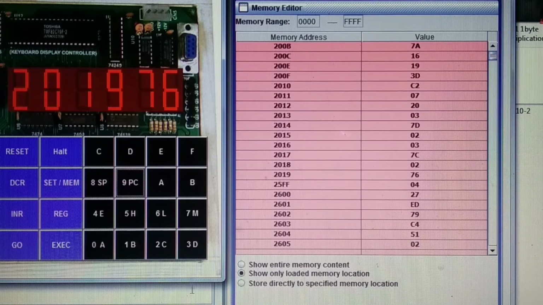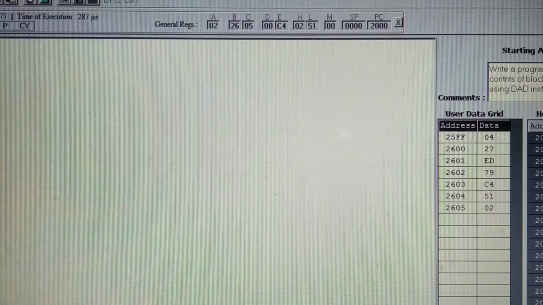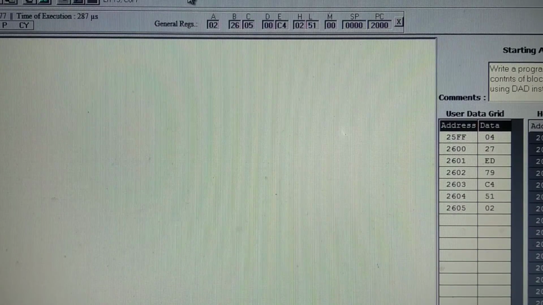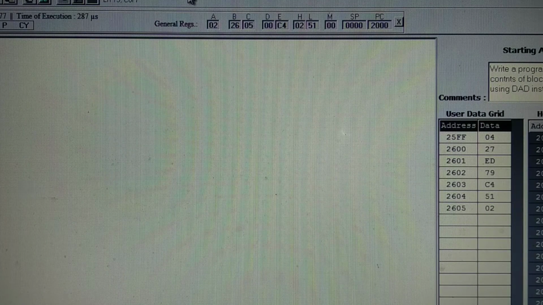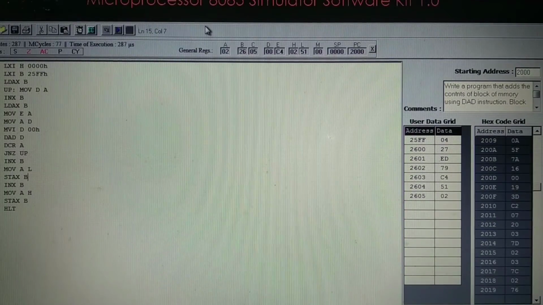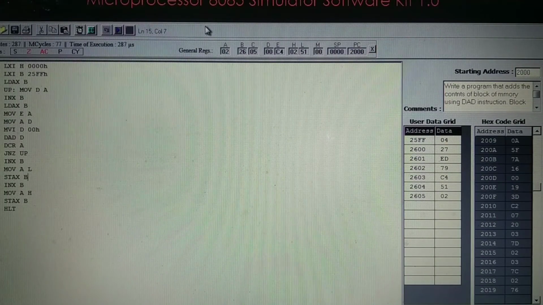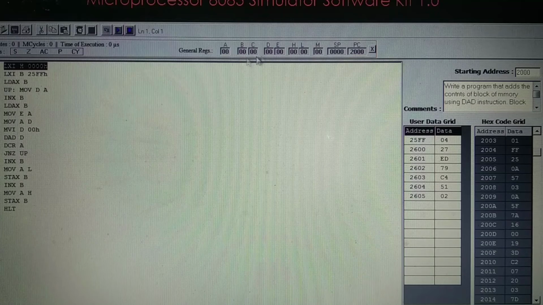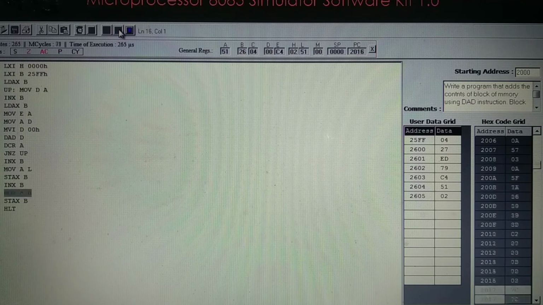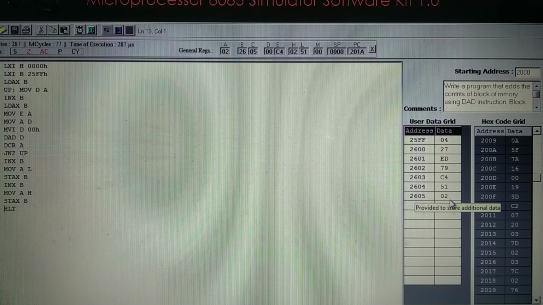Now the same program can be explained here with another microprocessor kit. Here you have the program. I will execute the program step by step. The first step, all contents become 0. Here I will make 0 and I will execute the program directly. After execution of the program, you will get the result as 51 and 02. That means 02, 51, the zero flag is set and the auxiliary carry flag is set.